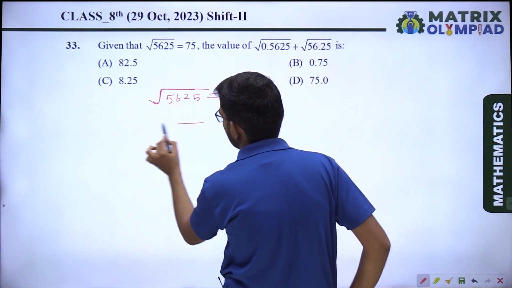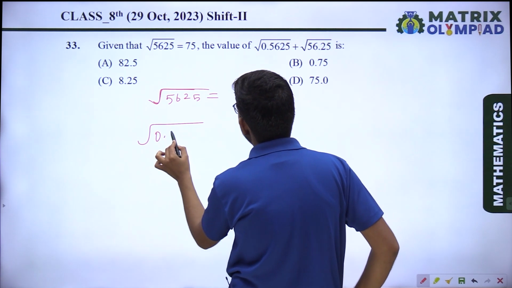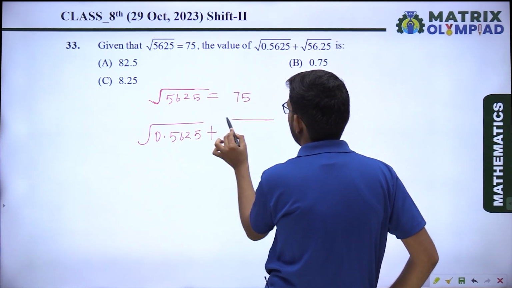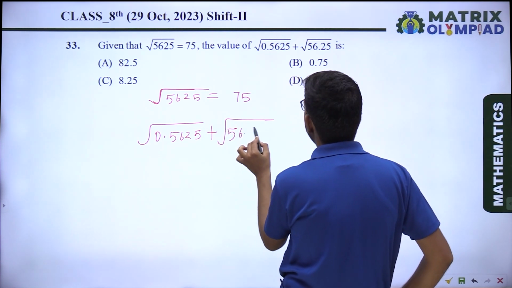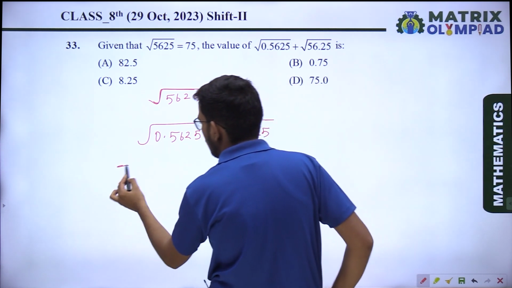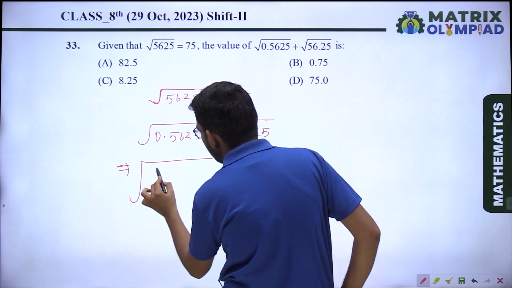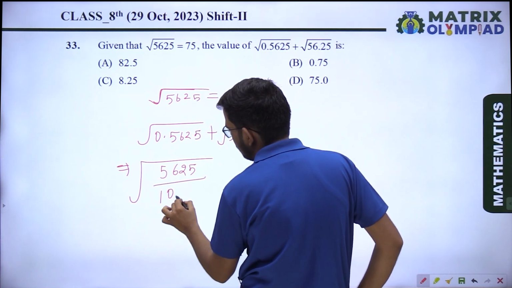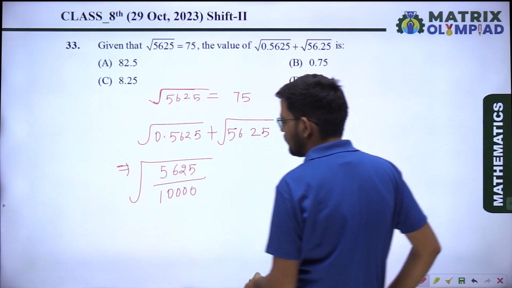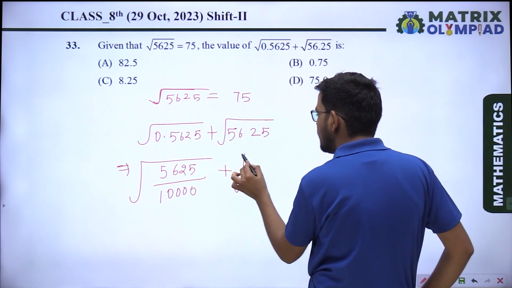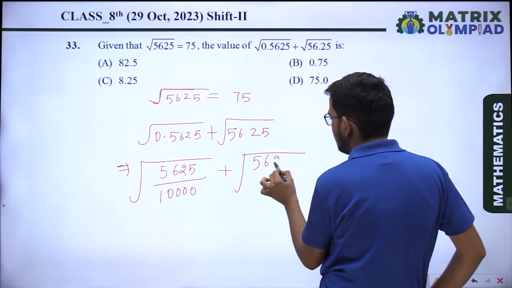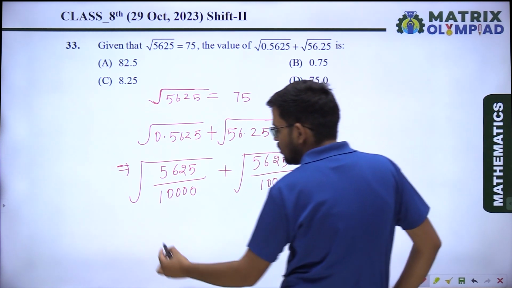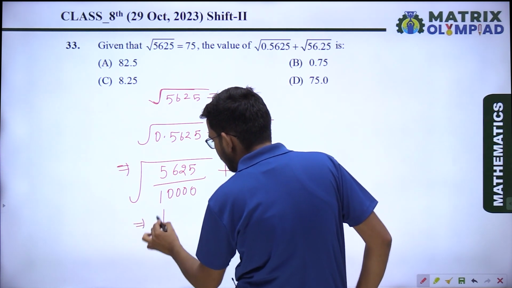So 0.5625 plus root 56.25: this one we can write as 5625 upon 10,000, and this one we can write as 5625 upon 100. Okay, so when we simplify it,